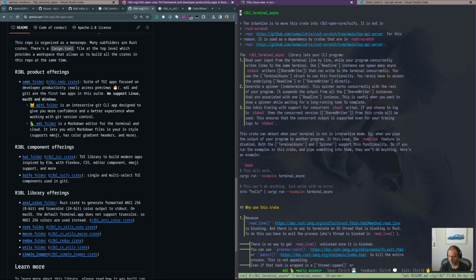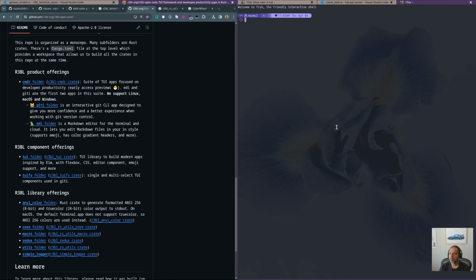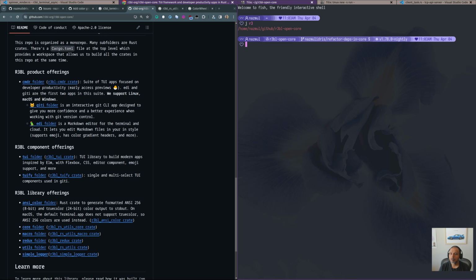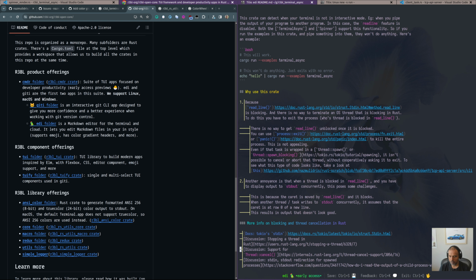But if I were to run it in its own terminal window, it would look a little bit different. Let me make the fonts bigger. Let's see, maybe I made it too big. Okay, so there we go. Yeah, that looks better. So the gradients, basically what happens is that depending on the color capabilities of the terminal,